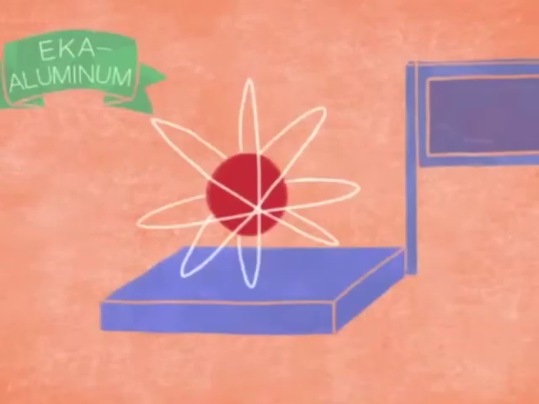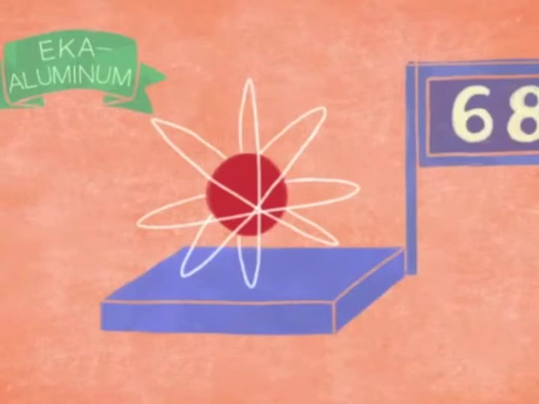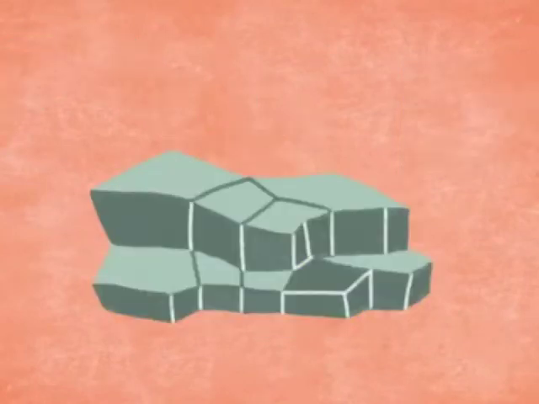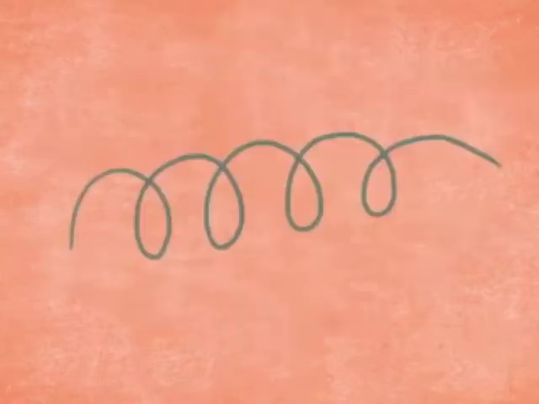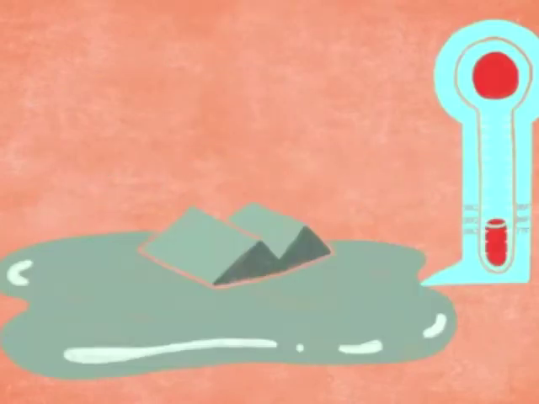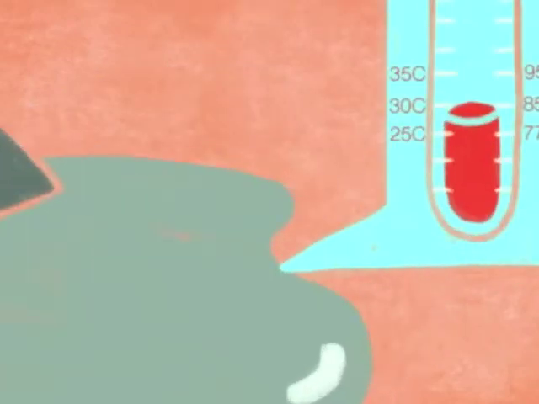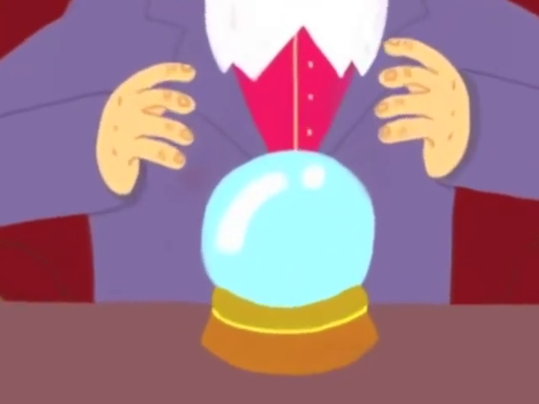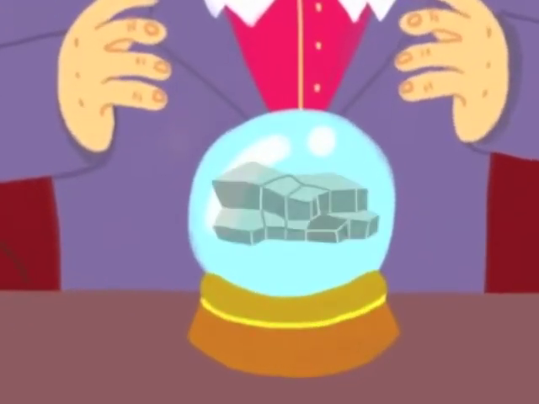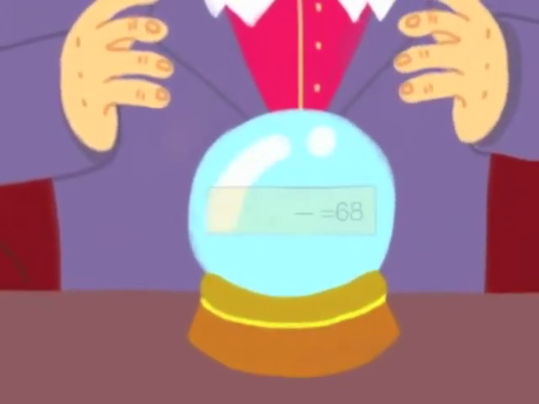First of all, an atom of Eka aluminum has an atomic weight of 68, about 68 times heavier than a hydrogen atom. When Eka aluminum is isolated, you'll see it's a solid metal at room temperature. It's shiny, it conducts heat really well, it can be flattened into a sheet, stretched into a wire, but its melting point is low, like freakishly low. Oh, and a cubic centimeter of it will weigh 6 grams. Mendeleev could predict all of these things simply from where the blank spot was and his understanding of how the